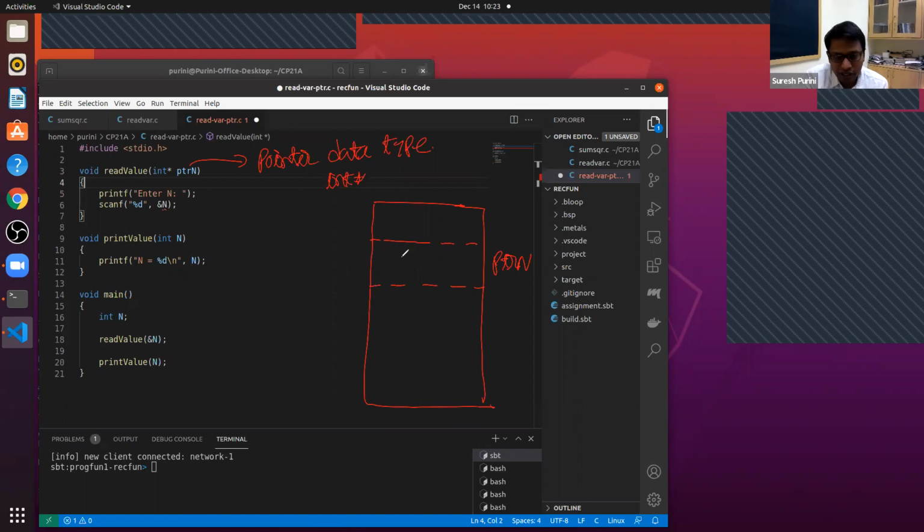Let's say it holds the address 0x4410. This is the address of some memory location where an integer is present, perhaps the variable n. So here, the address of local variable n is being passed to the read value function.